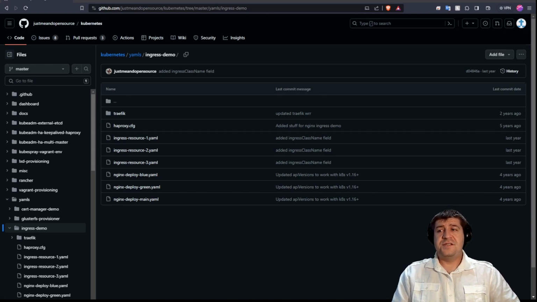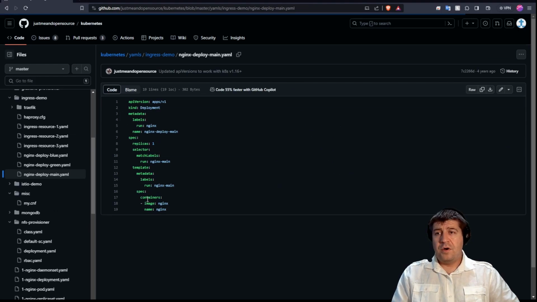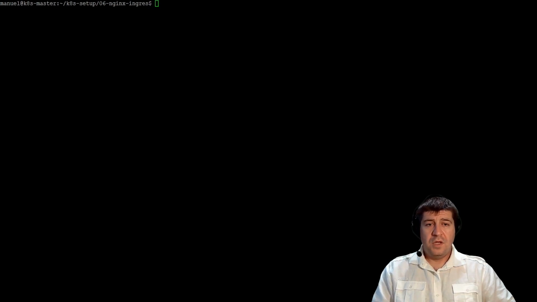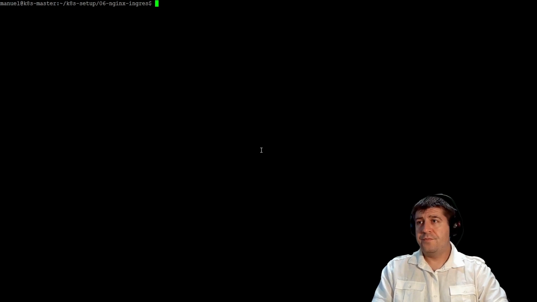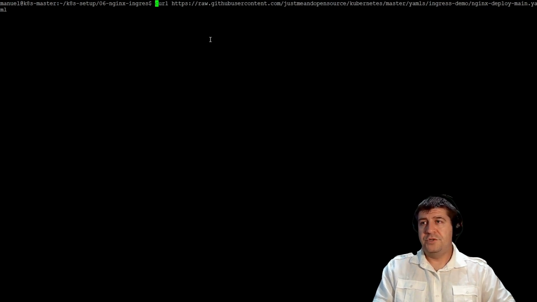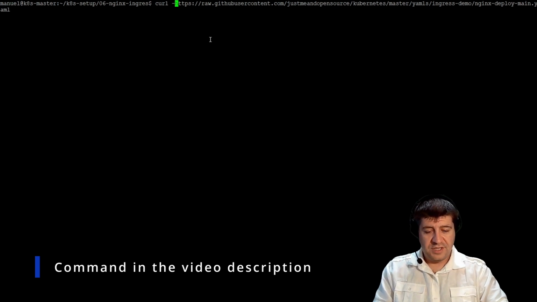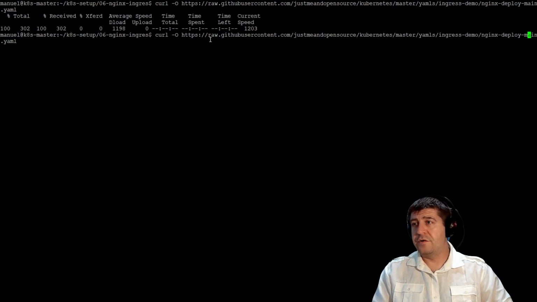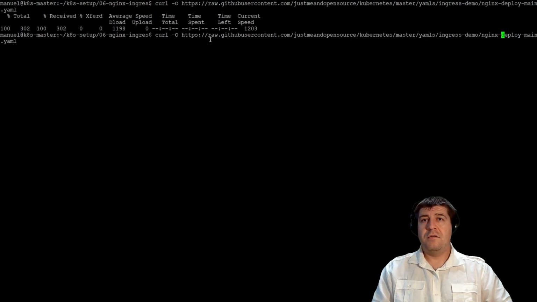To obtain the necessary download link, click one of the deployments and click again on raw. Then copy the address and switch back to the terminal, in which we can now enter curl. We should add the option -o and download the first file. Now that we have main downloaded, let's download